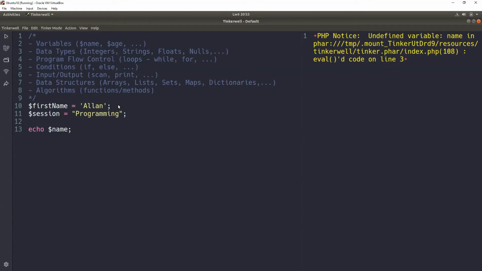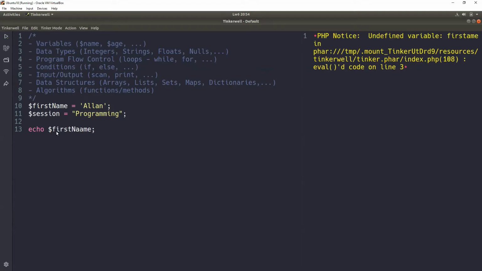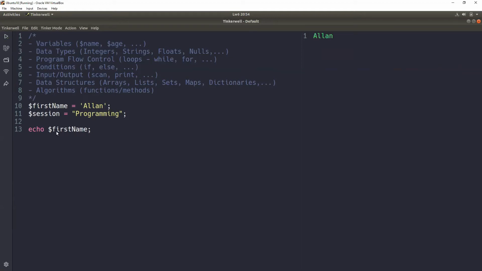Yeah. So I see we have an error here on the right saying PHP notes undefined variable name. Okay, name is undefined. So we change the name. So we need to change the name here too. So I think you can see how it is showing you the errors before you even compile. Yeah. But once you compile that, once you correct that, you're good to go. So first name, we have a variable called first name and we give it a value Alan.